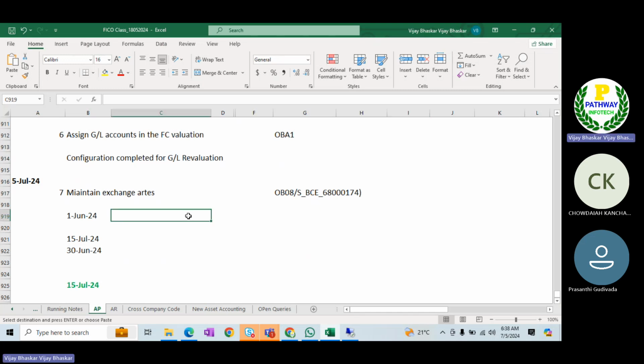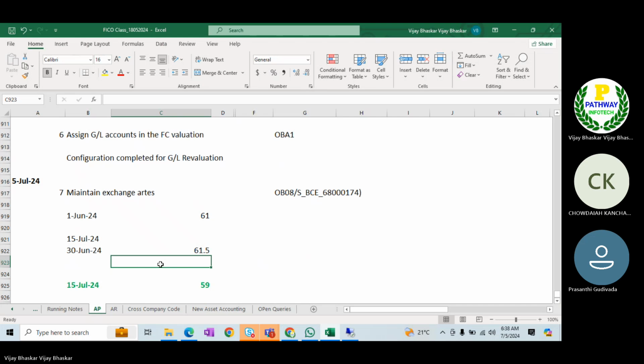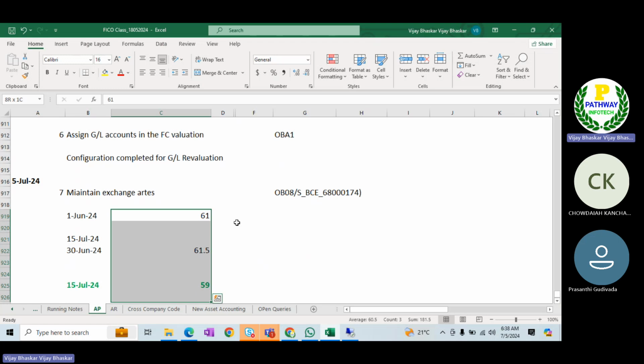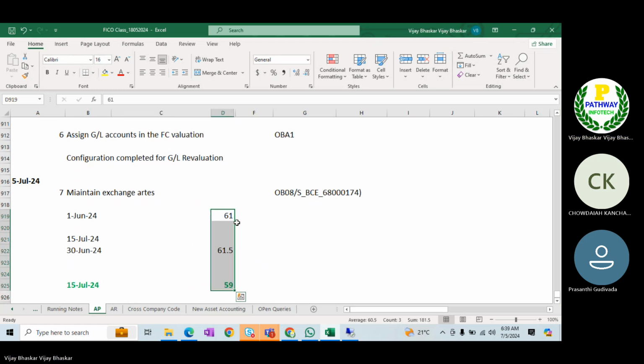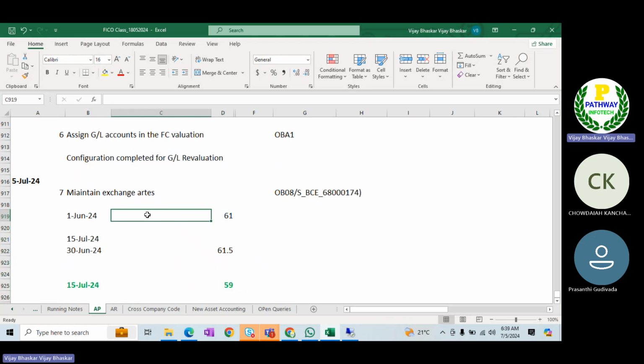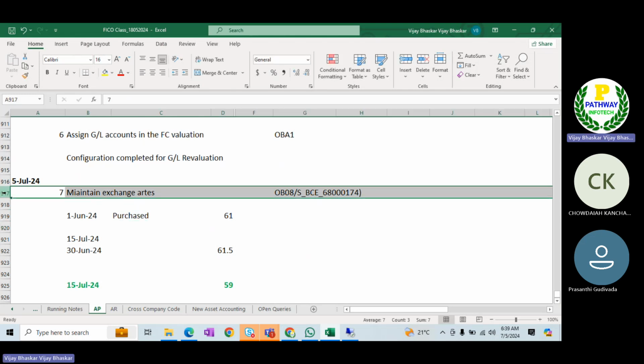I will enter here, remove this one, then put in some comments. On 1st of June, what happened here? On 1st of June, we purchased. Remember what we are going to do.